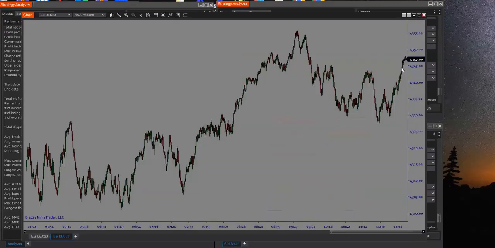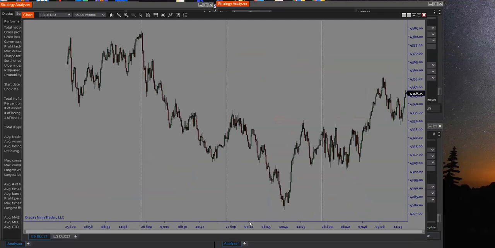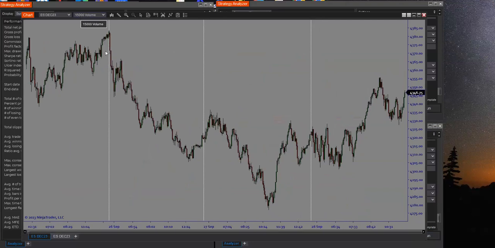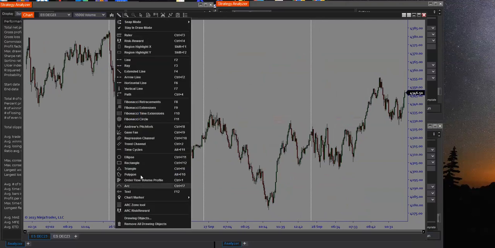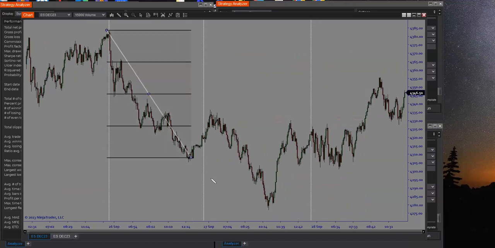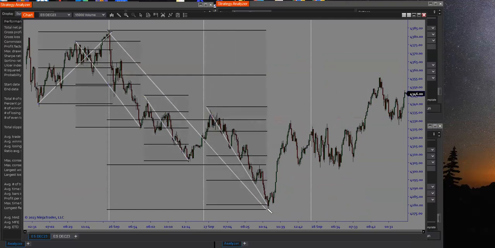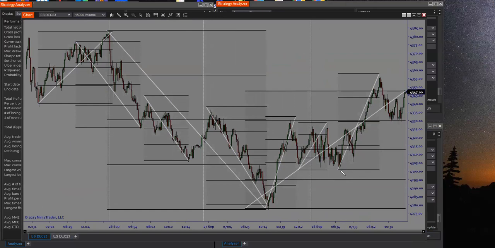I'm going to show you a blank chart, okay? I've got 2 tabs here. This is, let's say, a 15-minute volume chart. I just pulled this because it's a higher time frame. So I'm just going to take Fibonacci retracements for a second. I'm just going to draw this. I'm going to go down here to here. Then I'm going to go here to here. And then from here to here, here to here, here to here, here to here. Then I'm going to bring it down. Then I'm going to bring this up.